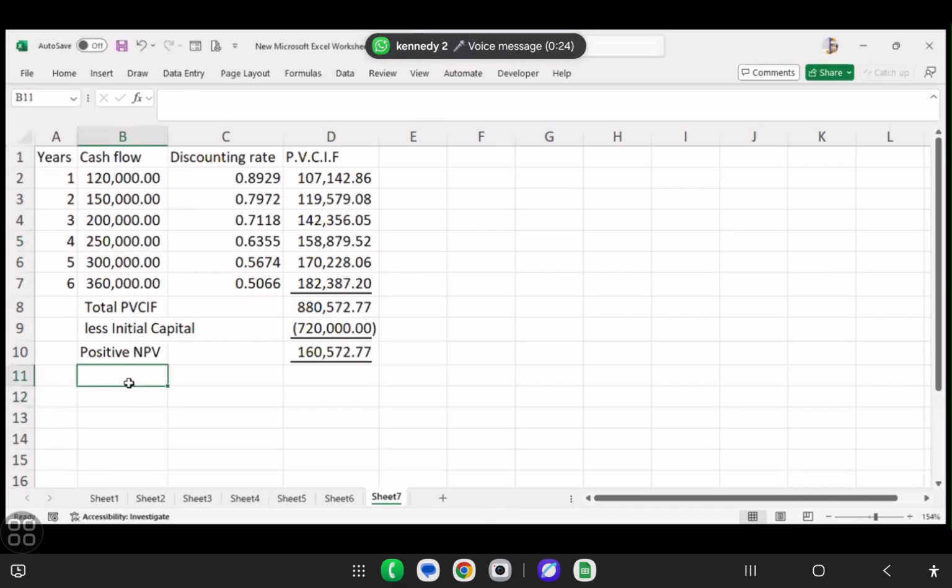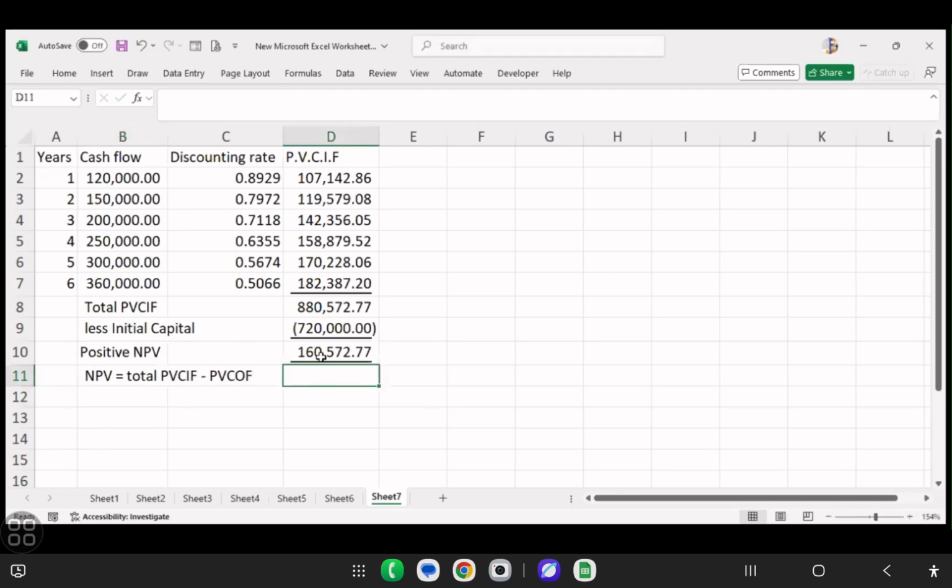We can therefore say that the net present value is equal to the total present value cash inflow minus the present value of the cash outflow. And that is how we have determined